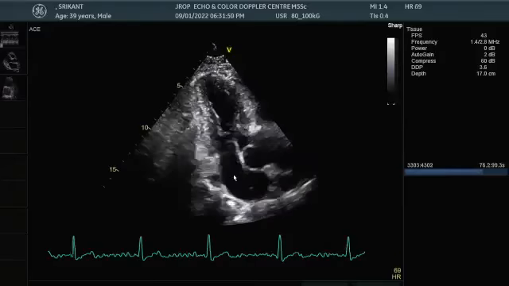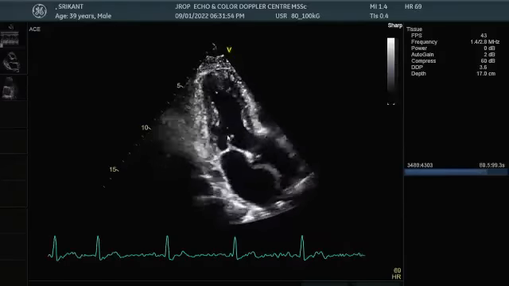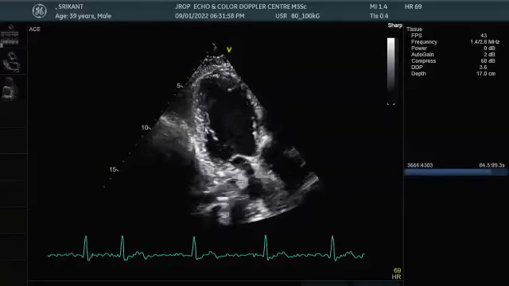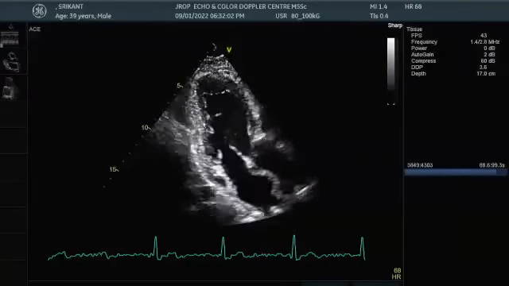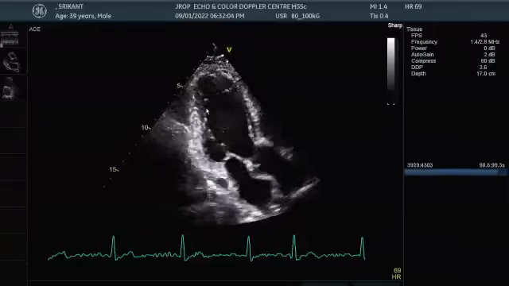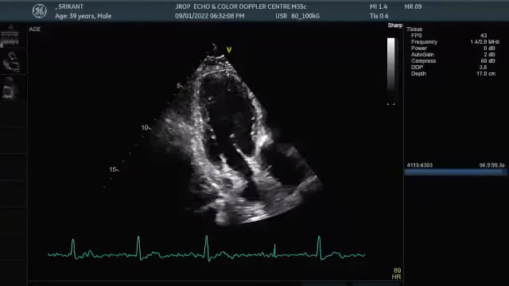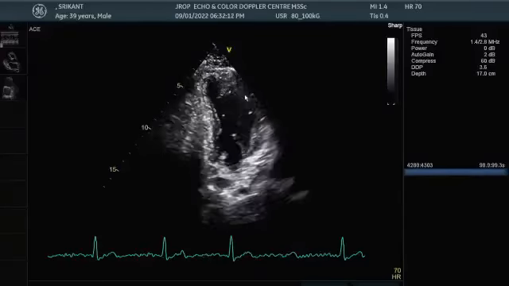And further counterclockwise rotation will open up my aorta. This becomes the anterior septum, and this becomes the posterior wall. There should not be a papillary muscle seen in this posterior wall. Now comes classification of wall motions. This is the basal posterior wall. This is the mid posterior wall. This is the basal anterior septum. This is the mid anterior septum.